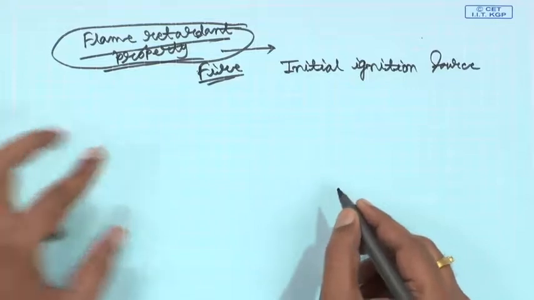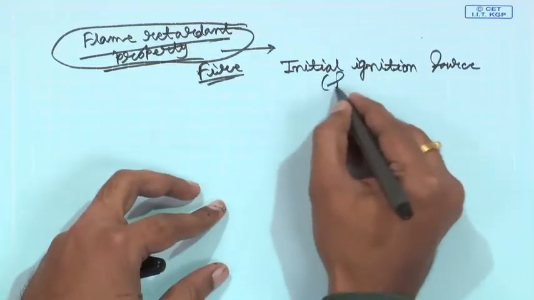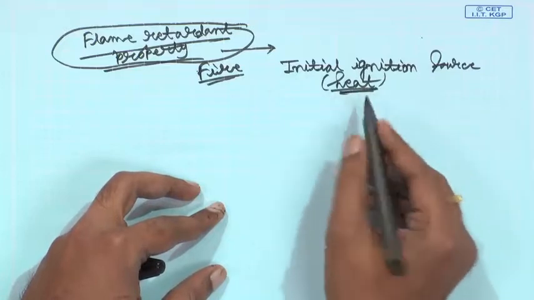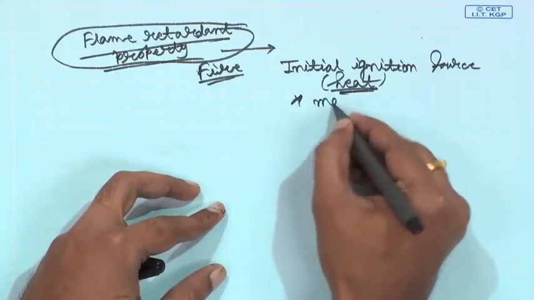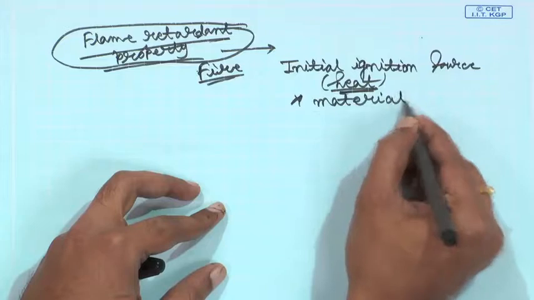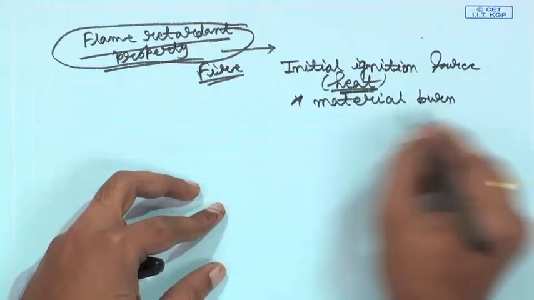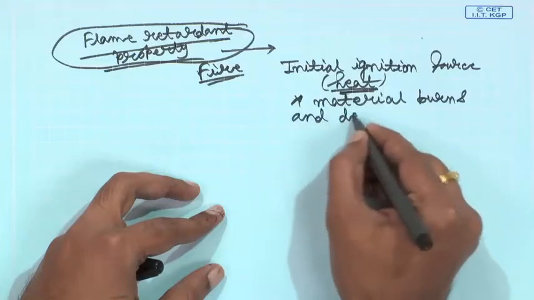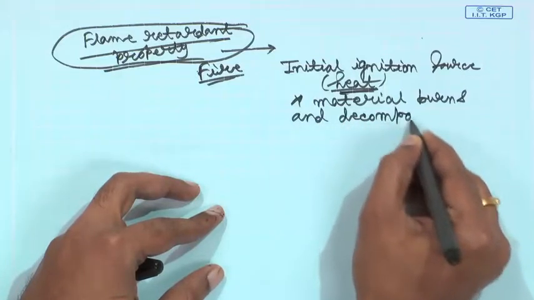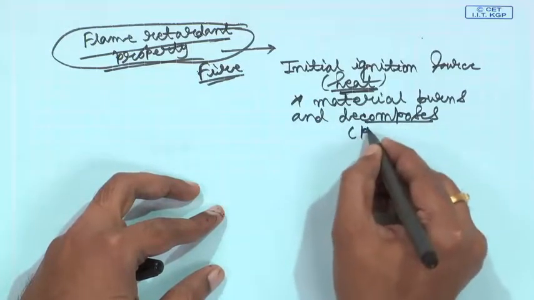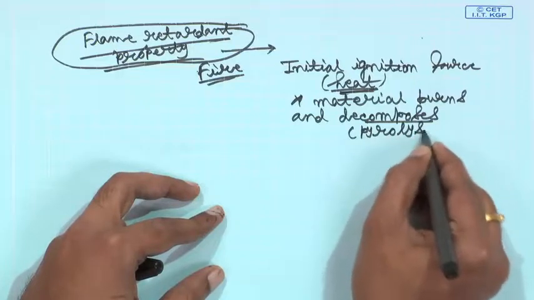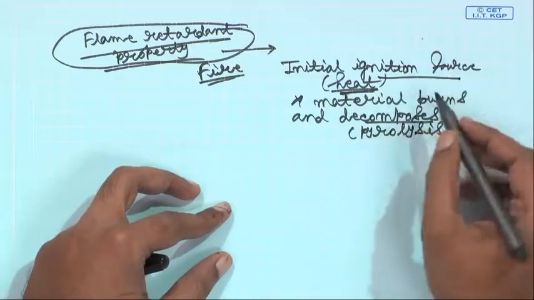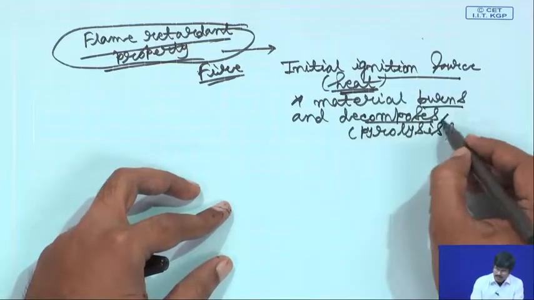So, maybe you are heating the system or whatever. This is the source, and then the material that you have will burn, and when it burns, it decomposes. So, this is actually your pyrolysis. Initially you need some ignition source, and then the material will start to burn and it will decompose, and